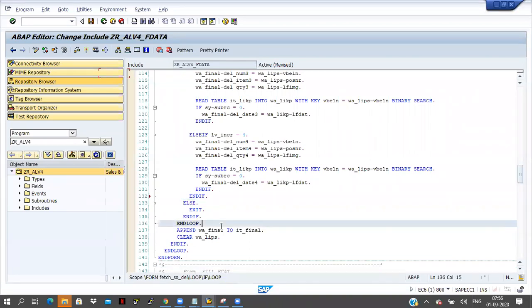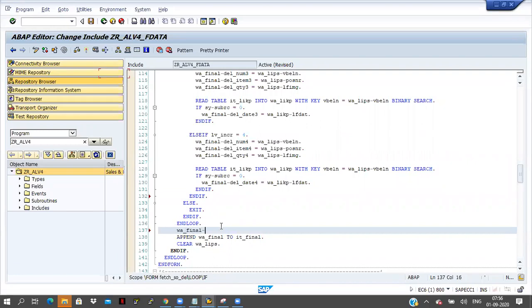After end loop I will take work area final hyphen total delivery quantity equal to work area final hyphen delivery quantity 1 plus quantity number 2 plus quantity number 3 plus quantity number 4.